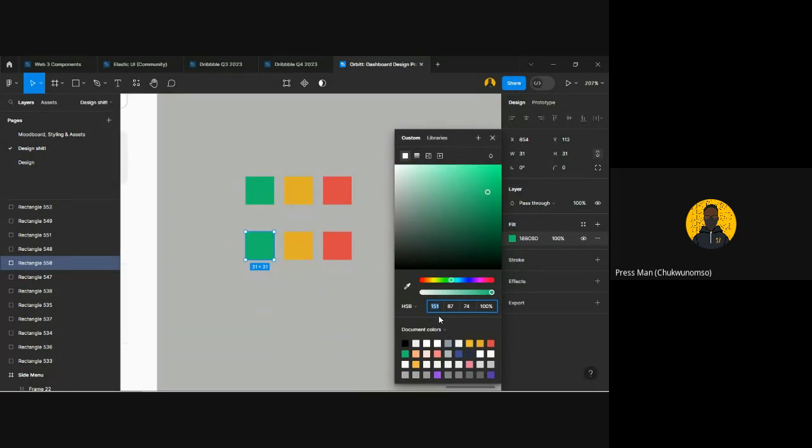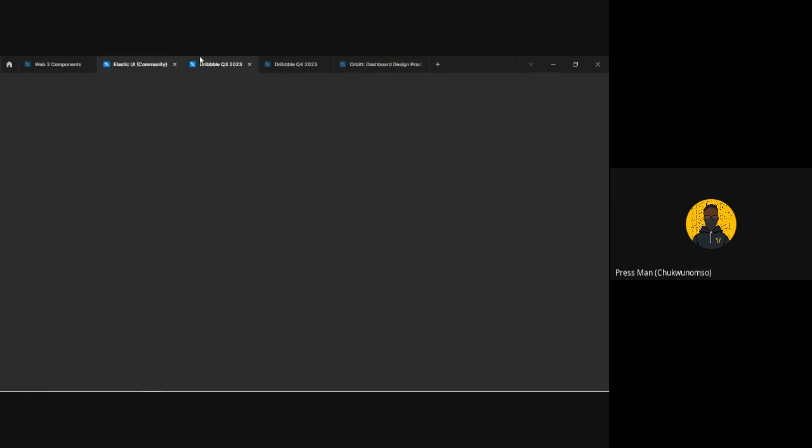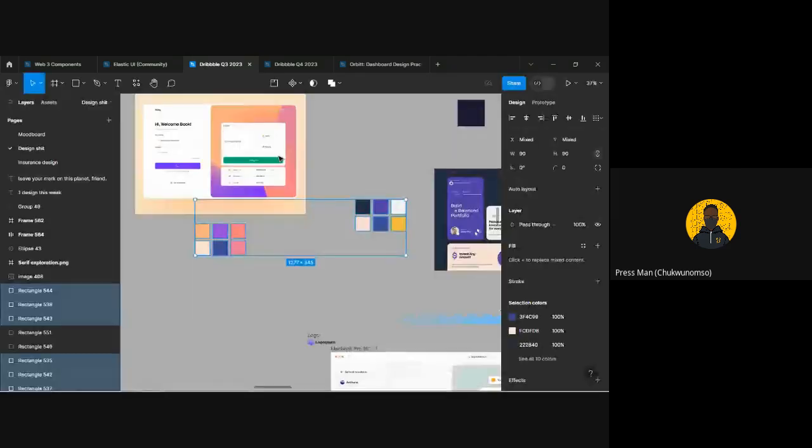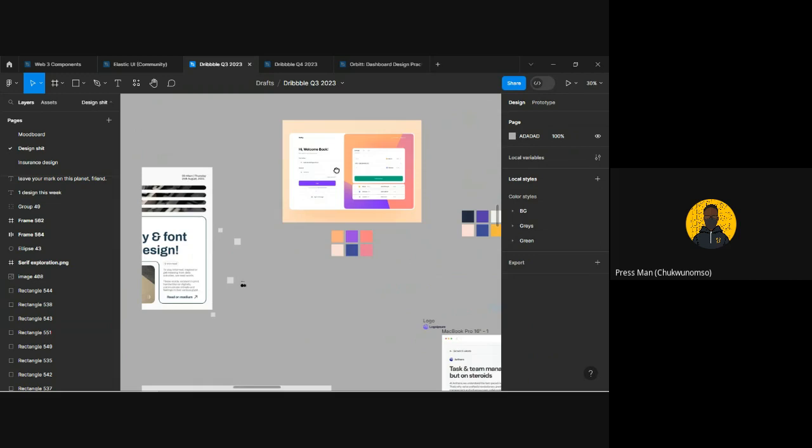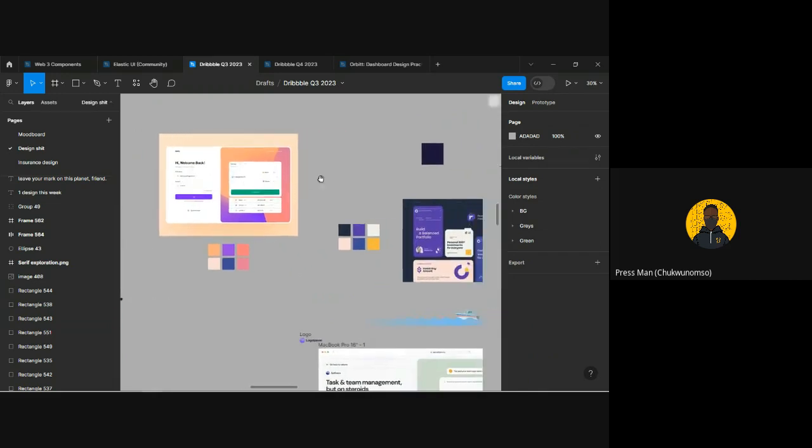So let me go to my Dribbble explorations. Please don't crucify me. This file is a mess. That's why nobody sees it. So once it loads up, I'll show you what I mean. I get ideas for colors anywhere, honestly speaking. Sorry, this file is a mess. I'm ashamed showing this to you, or to all of you, but